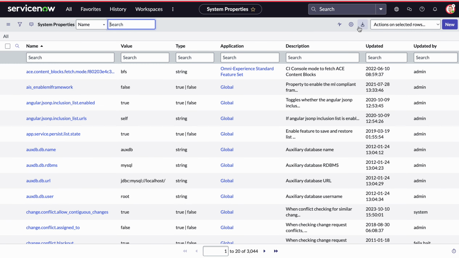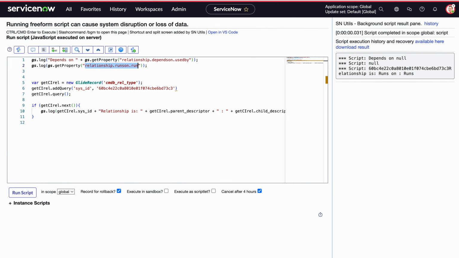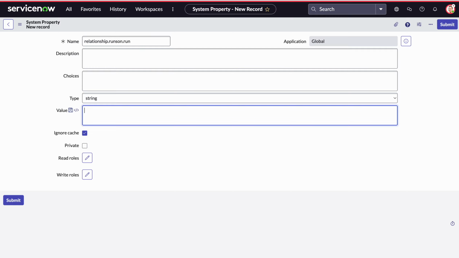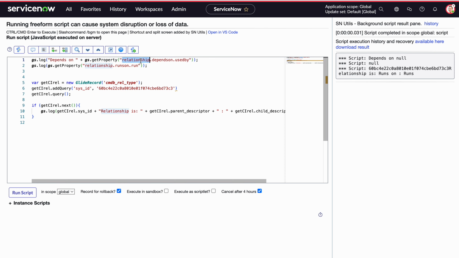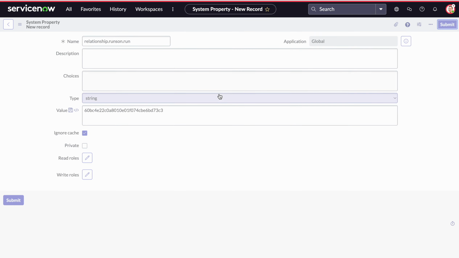We go directly to the property table, create new, give it a name, give it a description as best as you can, and then just add the sysid in there. I would recommend you check what this property is and copy the syntax accordingly, but let's assume it is a sysid. If I now submit this,